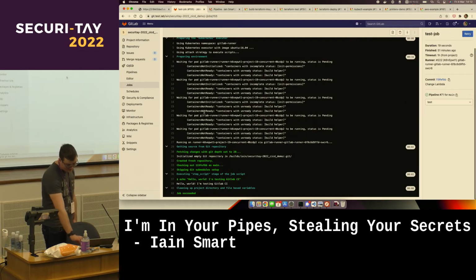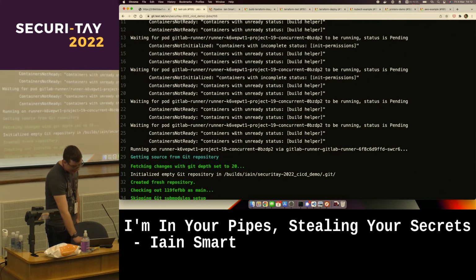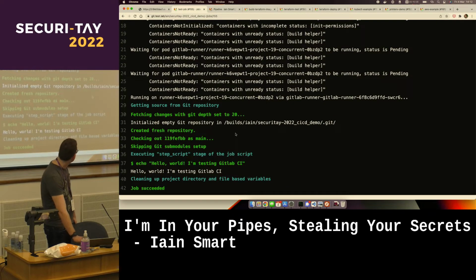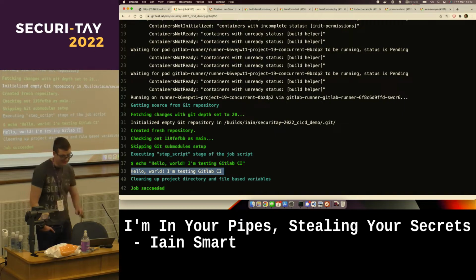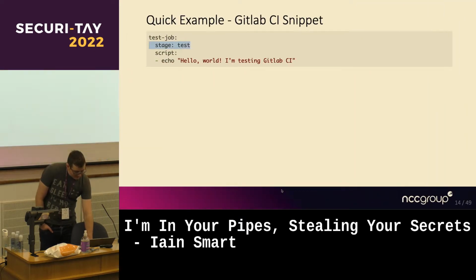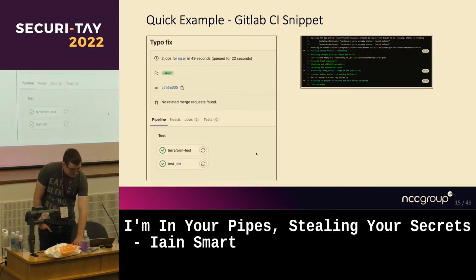And if I go into test job, what you can see, again, this might not look great for those at the back, but I hope you can see it. Effectively, we've just got the echo hello world at the bottom here. We get some outputs. You'd probably be doing something more complicated than just saying hello world in a real environment. We'll get onto those later. But that's roughly what a job looks like in GitLab. Again, using something like CircleCI, this will be slightly different, but the fundamentals are the same. And there's screenshots just in case my VPN dropped. So yeah, basically you can see a couple of jobs ran. We've got some terminal output that really doesn't look good on that screen.